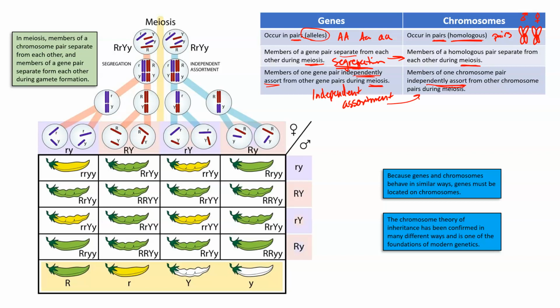In meiosis, members of a chromosome pair separate from each other and members of a gene pair separate from each other during gamete formation. So, we know that through meiosis, we're going to reduce the number of chromosomes and therefore reduce the number of genes from our starting cell, which is diploid, to our haploid gametes. And so the way that segregation and independent assortment work within the cells that undergo meiosis is